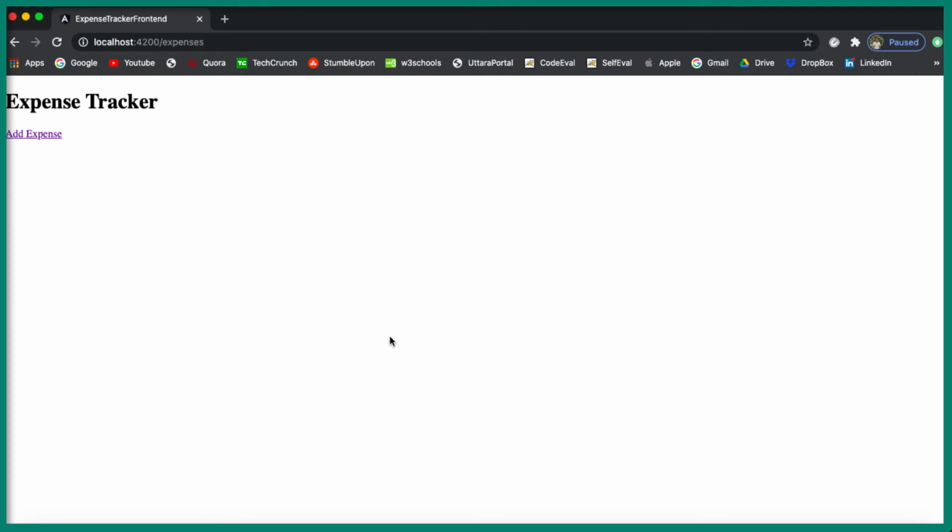Let's try adding a few more records and see whether there is any problem with Angular or with our implementation. I'm sure it is not wrong with Angular or something like that. Okay, let's try that. Add expense, and let's add TV, and its amount is like 8,000 and some description. Add expense, we have one record. Let's add a few more records.